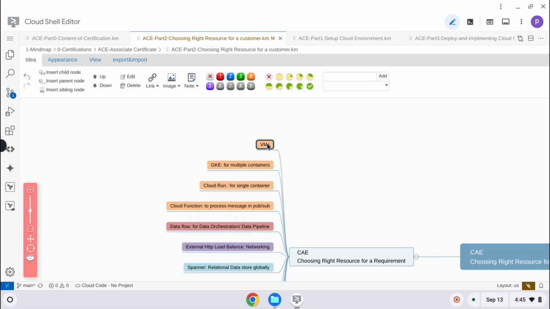Second thing is GKE cluster. Whenever you want to run your application or any piece of code in a single container, then go for Cloud Run. But if you want more than one container, let it be any application, microservice, or tools like Elasticsearch or Logstash, with networking among them, and it has to be exposed through a service, that time you go for GKE,